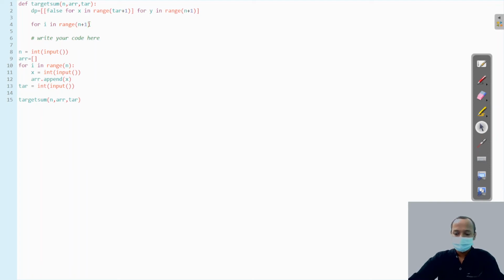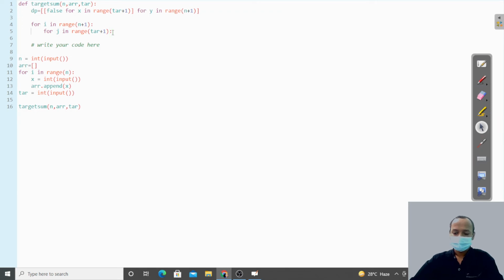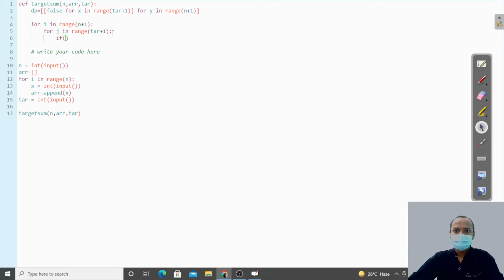Now for j in range target plus 1, so I'm writing target plus 1. Now we divide this in 4 parts. So first is, if i equals 0 and j equals 0, what is the DP?